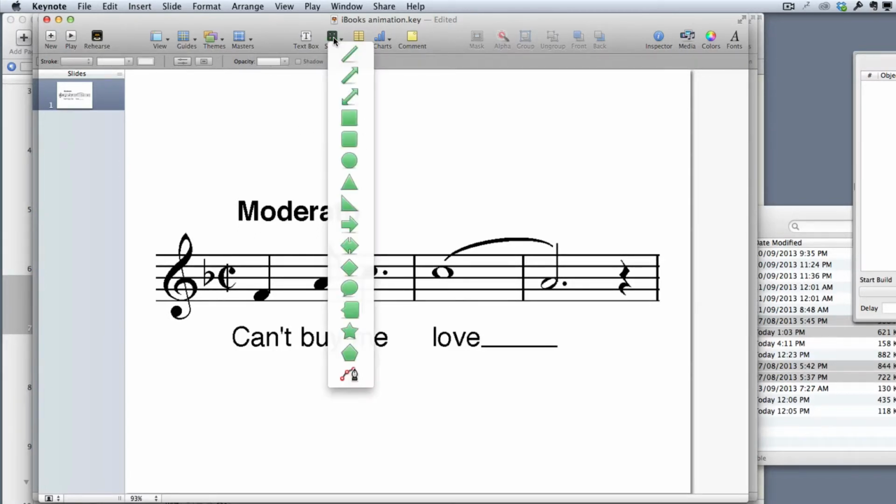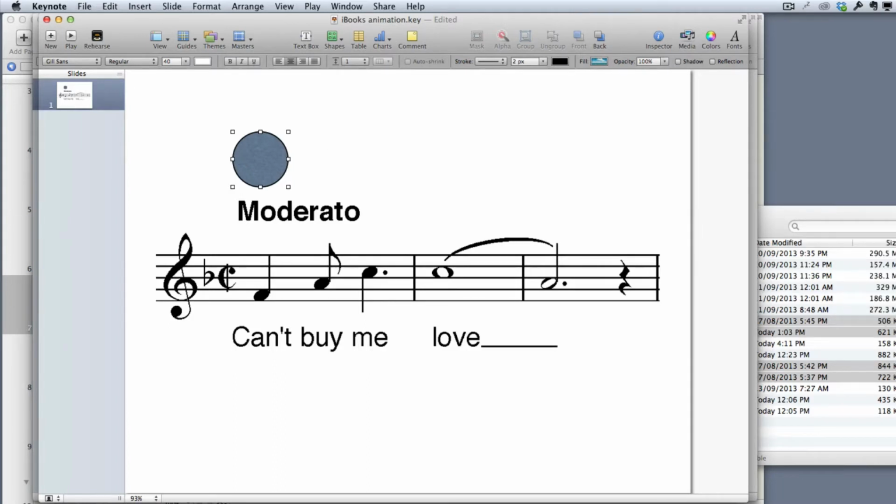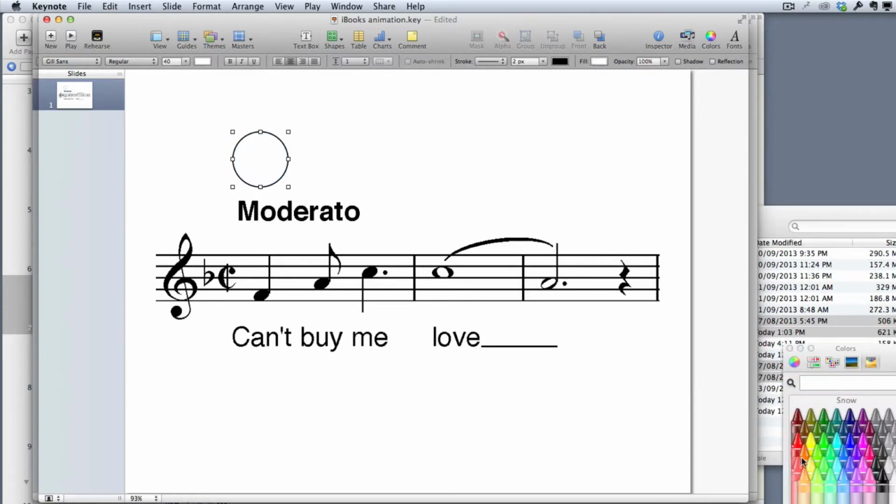So if I go into my shapes menu, which in Keynote looks very much like my shapes menu in iBooks Author, you can see here that I can come in and change the color of that. So we could make it maybe filled with a color instead, maybe more of a football color. I suppose depending on your kind of football, that would also mean that it might be a different shape. And then all I need to do from this point, if we imagine that this comes in from the edge,